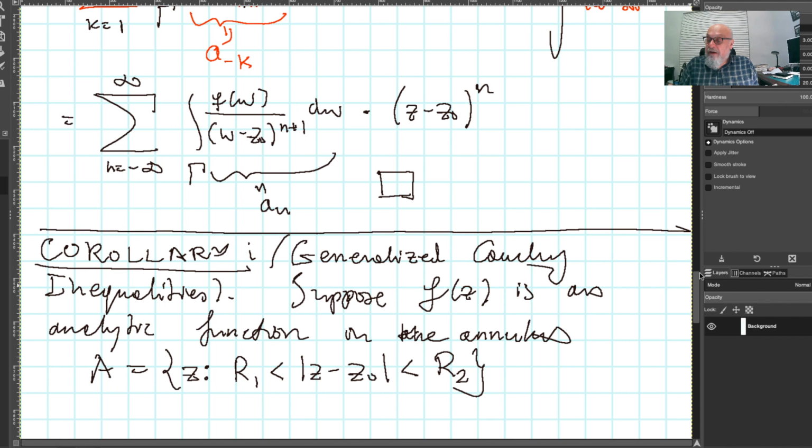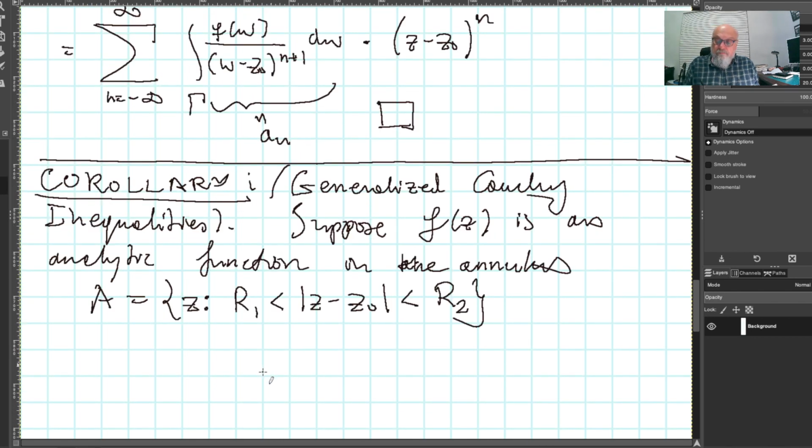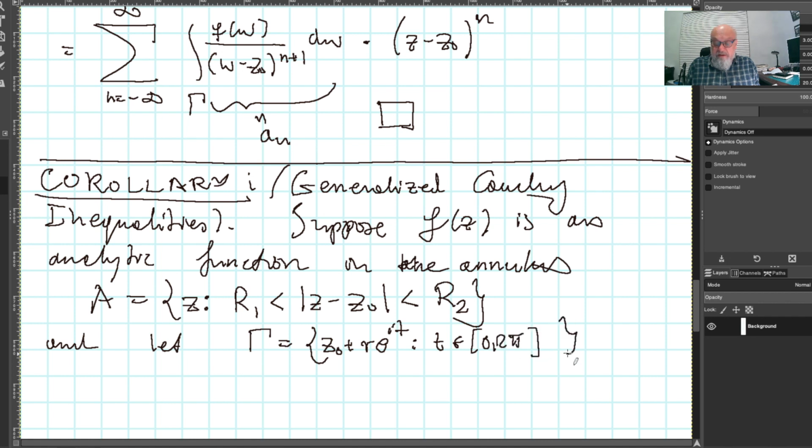Yes, and let gamma be simply z0 plus r e to the it. So that's the circle inside this annulus, with t belonging to 0 to 2 pi, such that R1 is smaller than r, which is smaller than R2. Then we have that